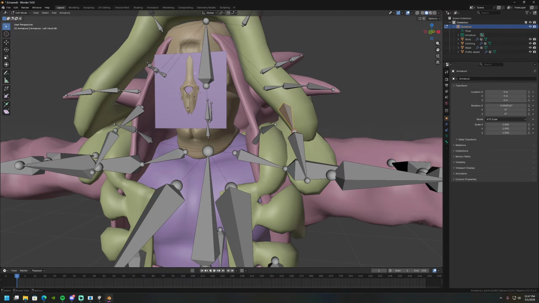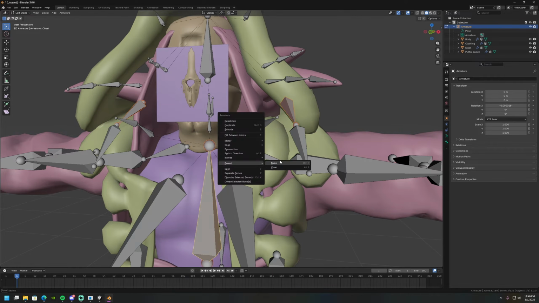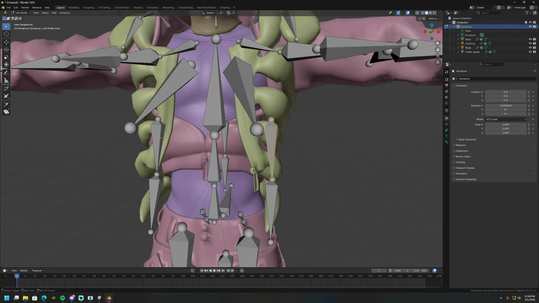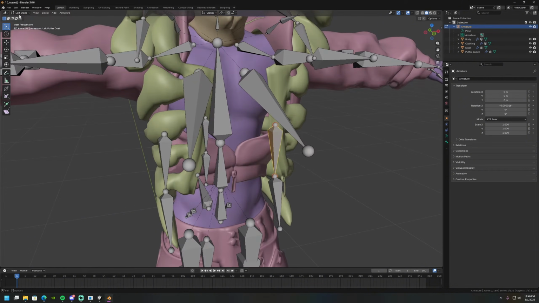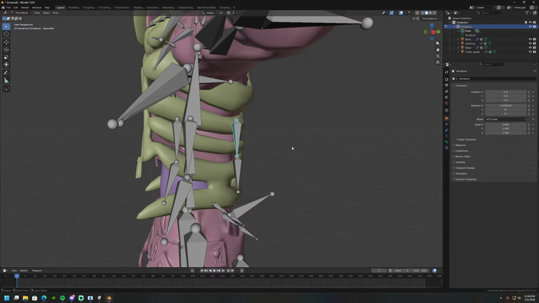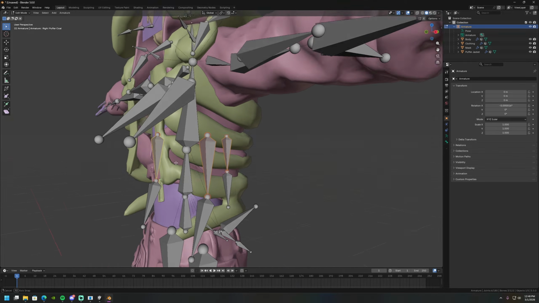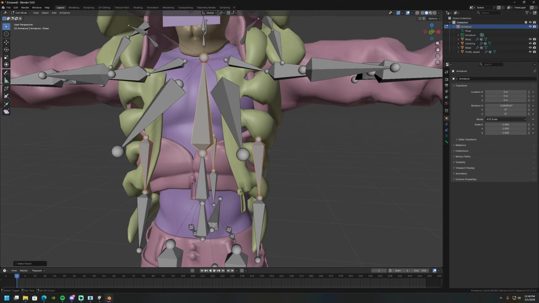If we wiggle these, we can see what moves. So that's probably going to be connected to the chest bone. So we go ahead and make that offset. These are for the tails of the coat and the sides of the coat, as you can see. So let's go ahead and select these and then shift select the chest bone and then parent, make, keep offset. That way they're connected to the